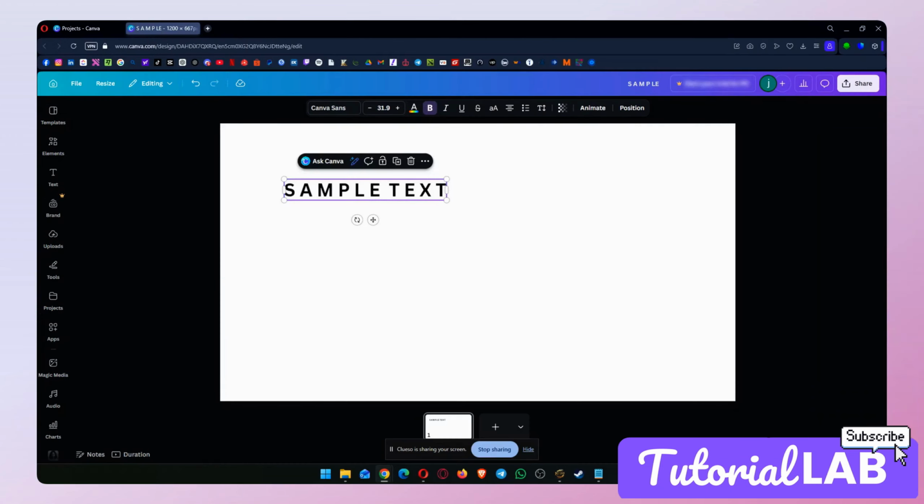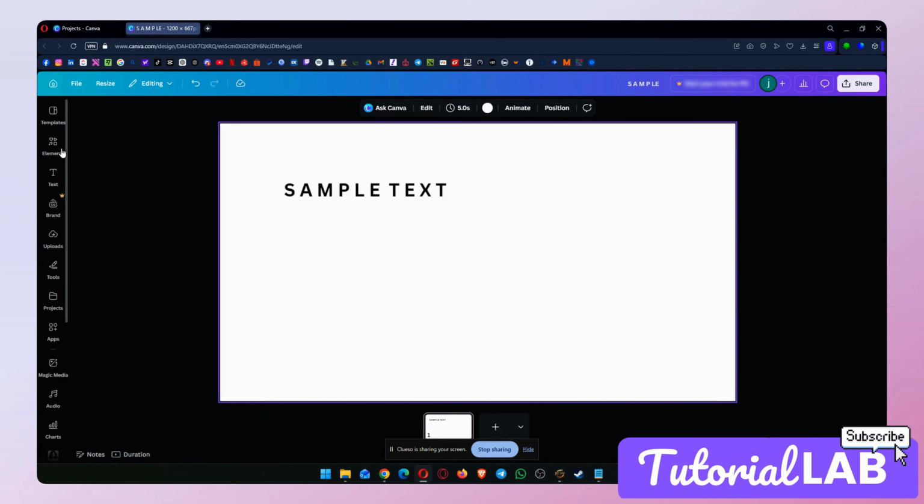Hi everyone. In today's tutorial, we will show you how to group and copy multiple elements together in Canva. This is a handy trick for moving or duplicating parts of your designs without disturbing their layout. Now let's get started. On the Canva dashboard, for example, we have a text element and we will add some